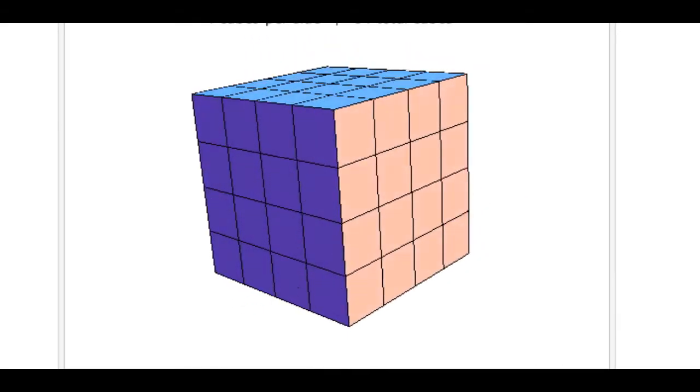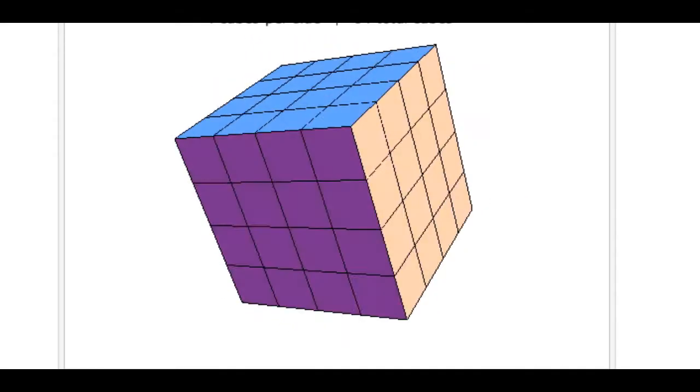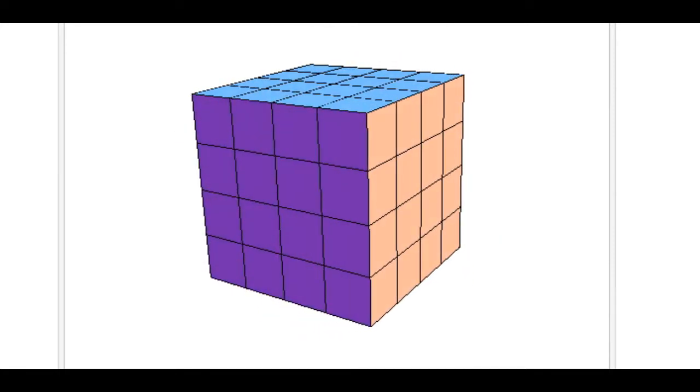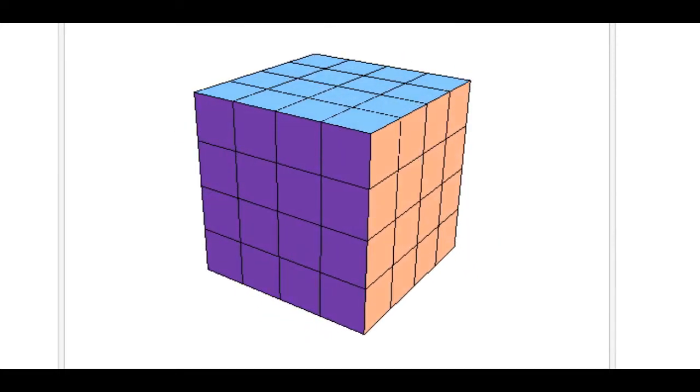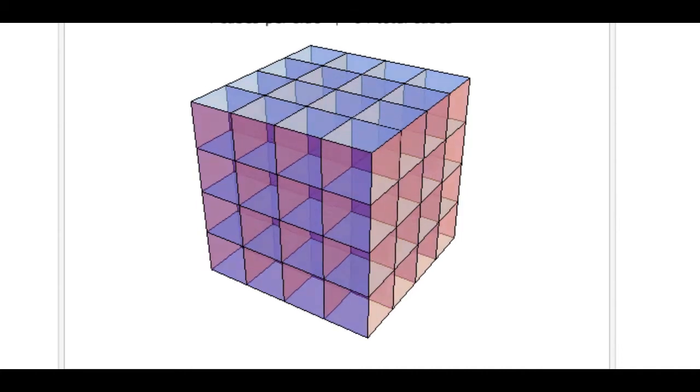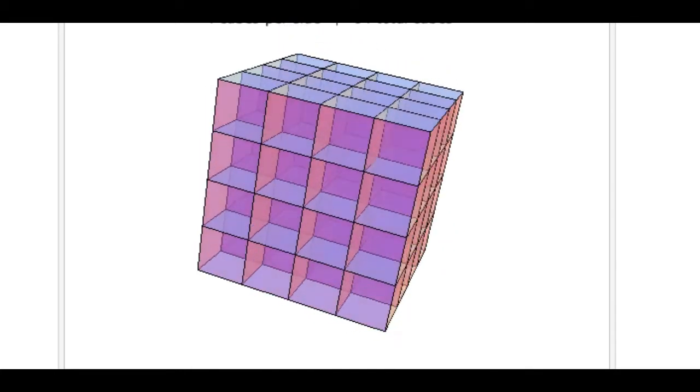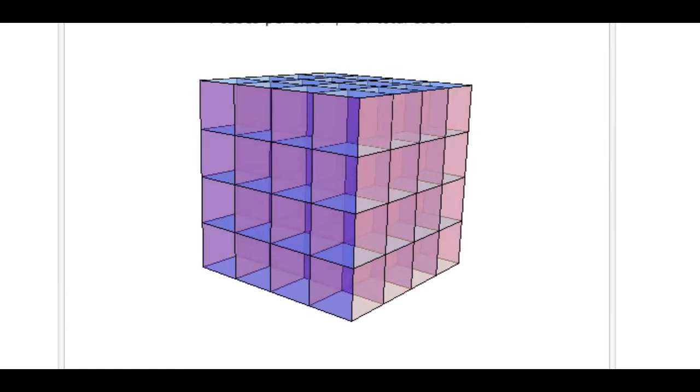Hey everybody, let's talk about volume today, and specifically let's just talk about volume of rectangular prisms. So you might recall that rectangular prisms are essentially a box, right? This is a cube, so all the faces have the same area. It has a front and a back, it has a top and a bottom, left and right, but we're not talking about the faces. When we talk about volume, we're actually talking about what's inside the box, or what's inside